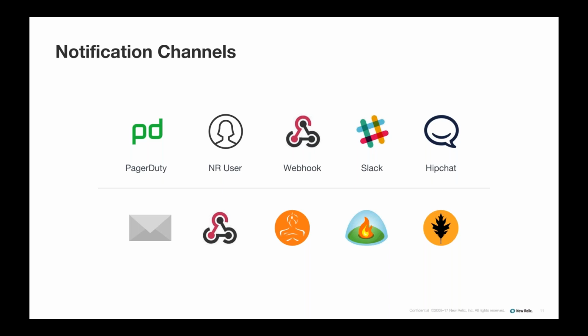You can even connect into your Slack channels and HipChat channels if you want to get some more real-time notifications, like in your console during the day if you're developing, so you can see that stuff occurring there and have conversations about it. Or if you don't see a service that you're interested in, or if you have a custom solution that you need, definitely check out our webhook channel, because it's pretty flexible. You can have customized payloads, customizable headers, supports basic auth. All of these things can be customized and then shipped off to you as